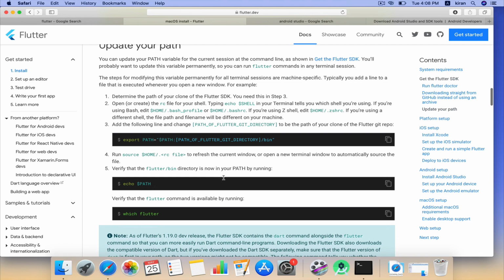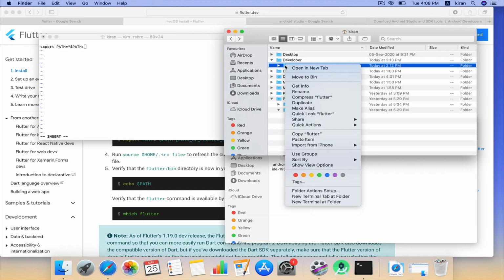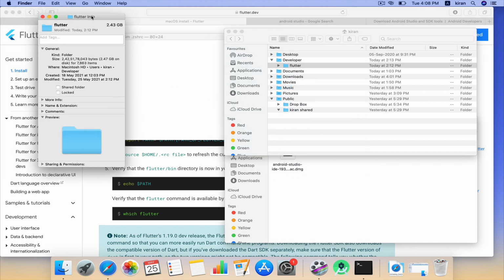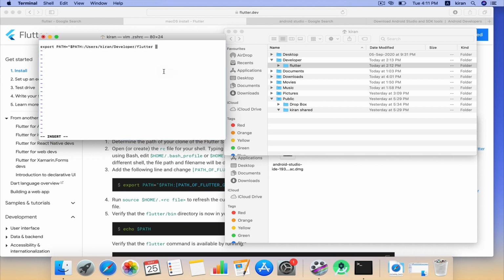Okay, you can copy this path, your file path will be there, as you can see. The simplest way is, don't copy this path, just drag and drop, select this one and drop it.